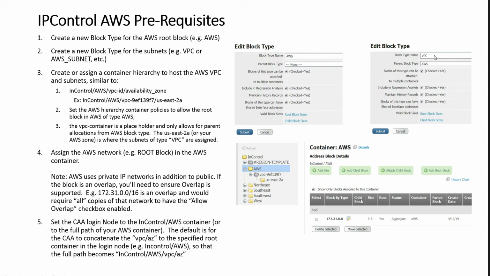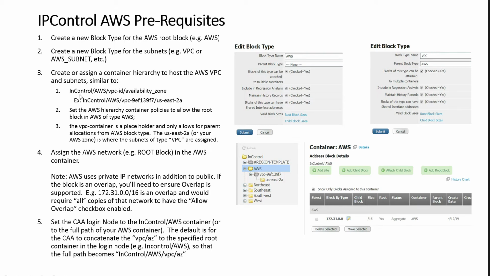Then also a block type that we can use consistently for all of the subnets. In my case, I created a block type of AWS, which is under Tools, Block Types. That AWS is a parent, and I created a child of VPC,